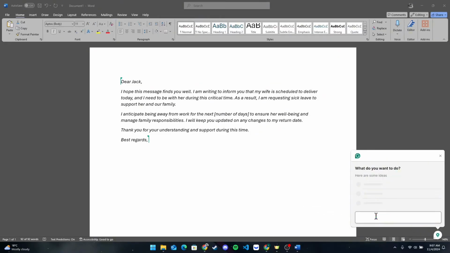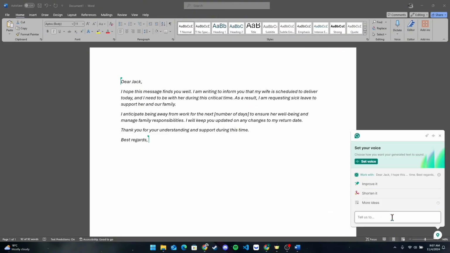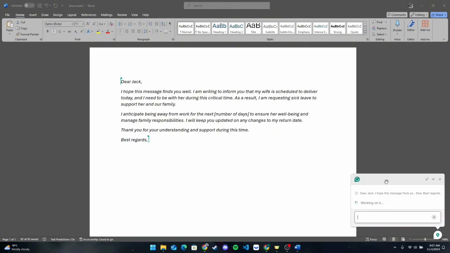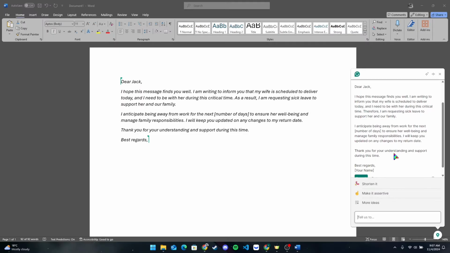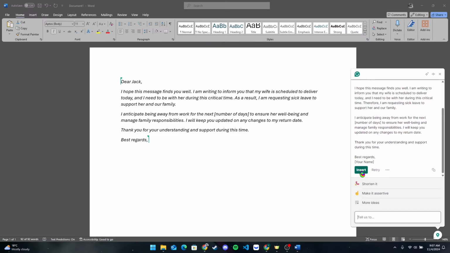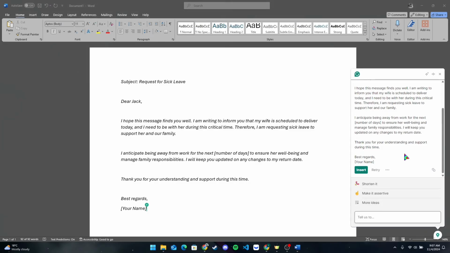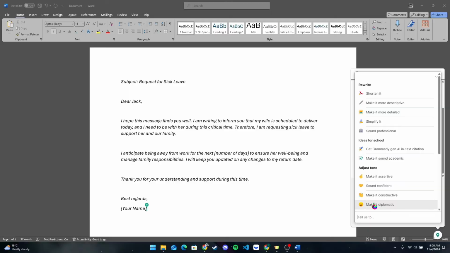After that, you can type any prompt here. Or you can also get suggestions from here, like improving it, shortening it, or you can get more ideas. Click on respective button. Now it will generate a message for you. You can click on insert to add this to your word. You can also get more ideas by clicking on this button